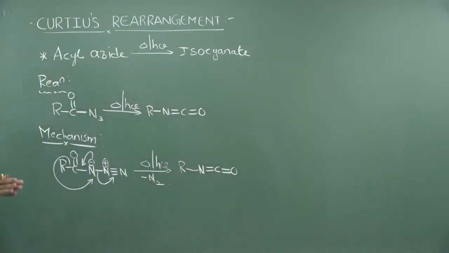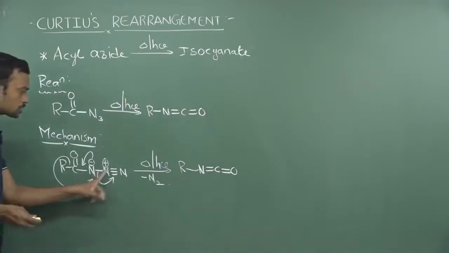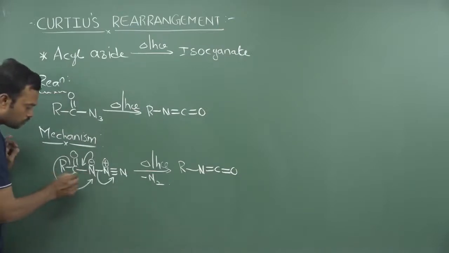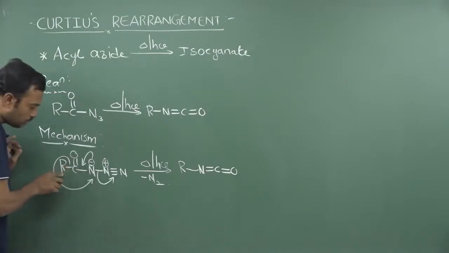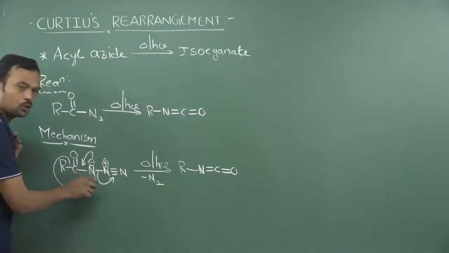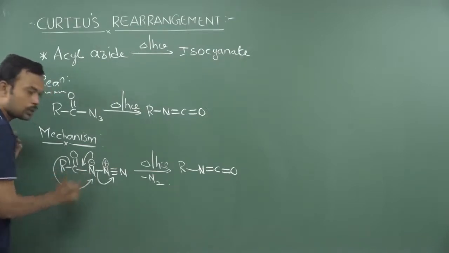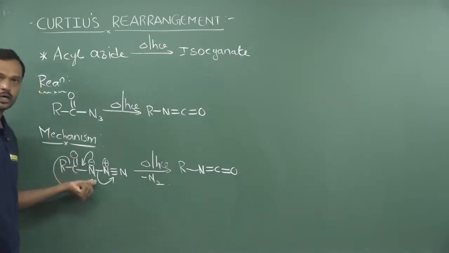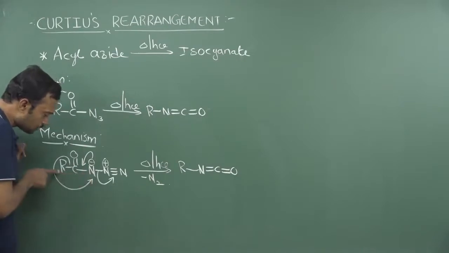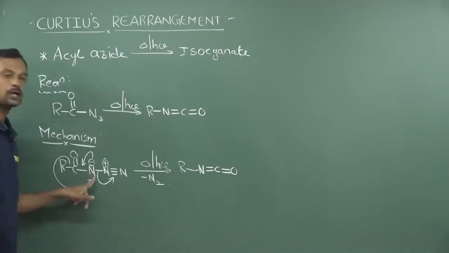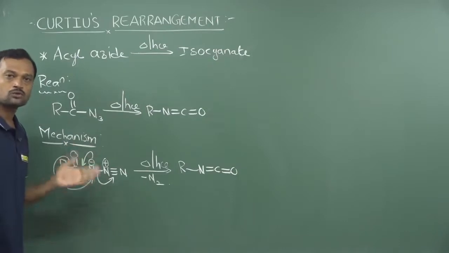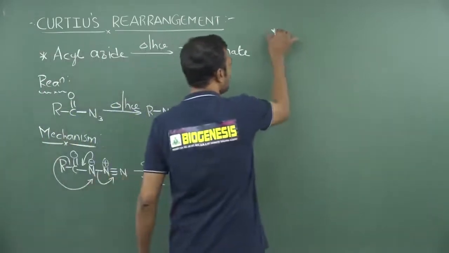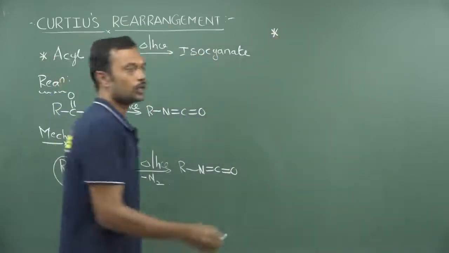So now two things you will observe in this reaction. The first is loss of N2. And the other is migration of this R from 1 to 2. If you observe carefully, this group is called the migrating group, which migrates from carbon to nitrogen. So we can say it is a 1,2 rearrangement reaction. Now this group is rearranging from carbon to nitrogen. If this nitrogen is accepting this group, it is definitely an electron-deficient nitrogen. Most electron-deficient nitrogens proceed through a nitrene. So finally we are saying that here the isocyanate is completely isolated in this reaction.